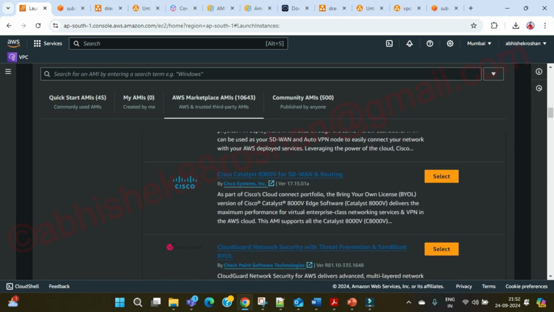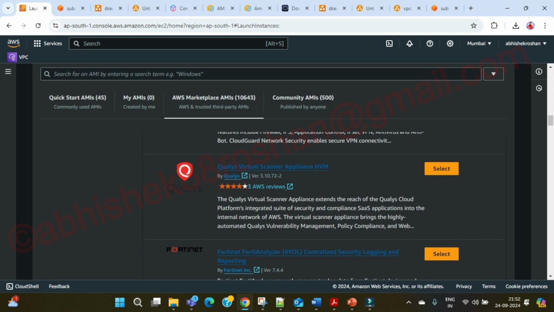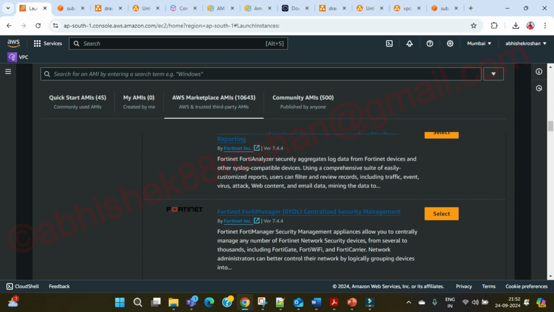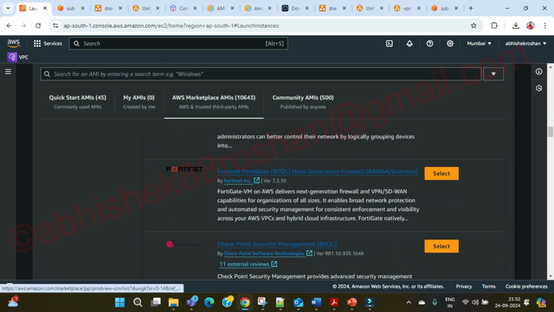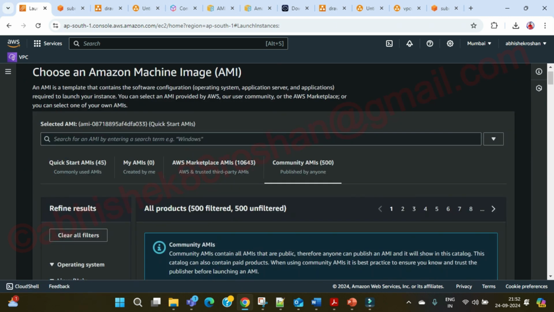Understanding my point, guys? Yes or no? So you need not rush anywhere. AWS is providing everything here only, correct? You can understand this also for F5 load balancer, for Cisco Secure, and there is something called community